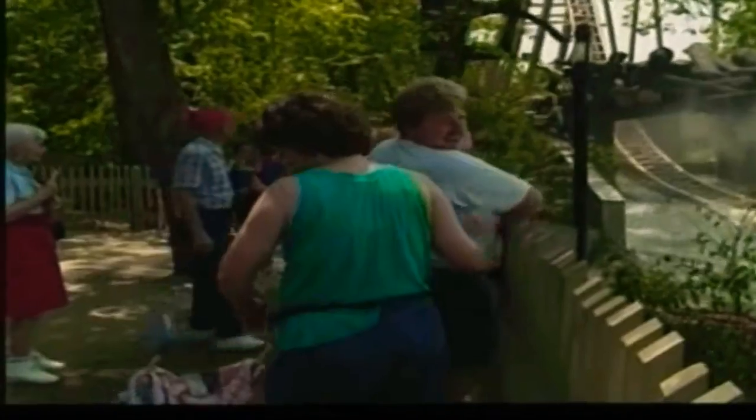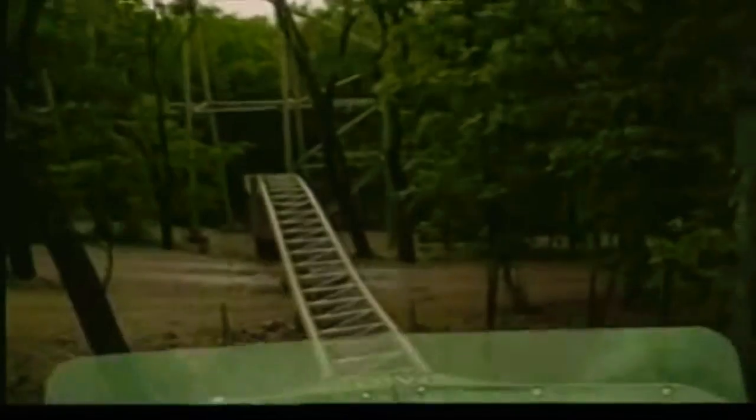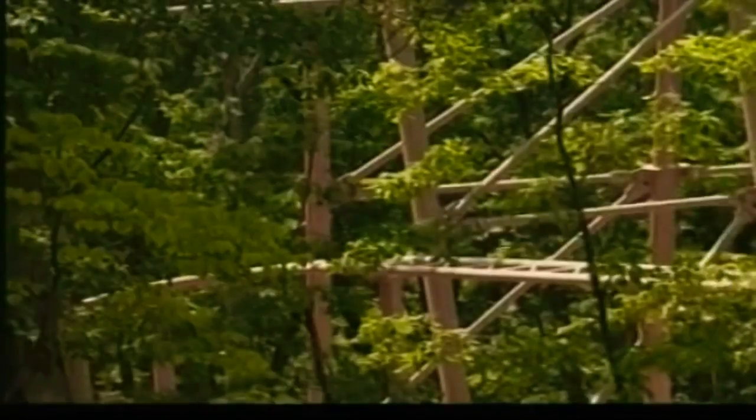However, Buzzsaw Falls was plagued with mechanical problems even before its opening. Opening for the coaster was delayed for a while, and when it did finally open, it was down most of the time. This being the prototype of a new model, it's not unusual for something like this to have downtime, but Buzzsaw Falls had a plethora of maintenance problems that eventually led to Silver Dollar City deciding to completely overhaul